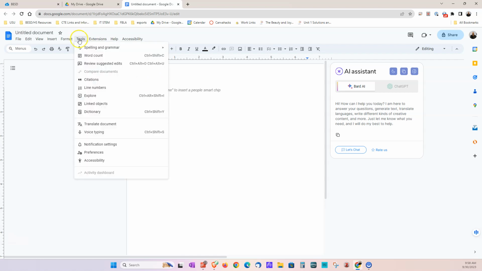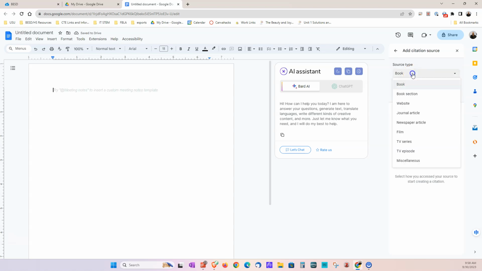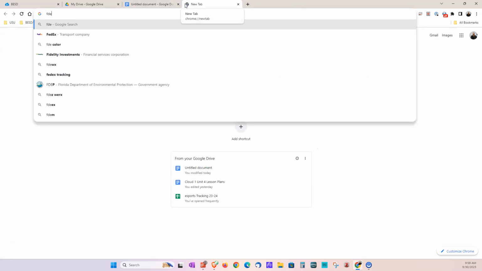So I click on Tools, then I go down to Citations, and then I choose what citation style I want. APA is the most common at the college level, so I'm going to add the source, and then I choose what do I want it from. Now, sometimes it's very handy. Website, if I'm doing, say, a news article,